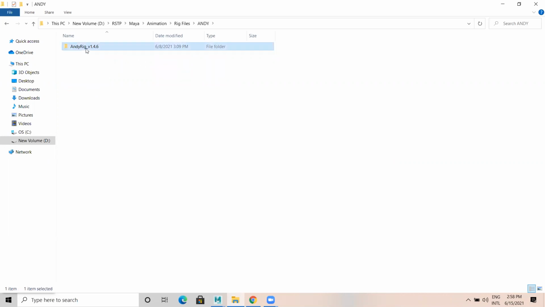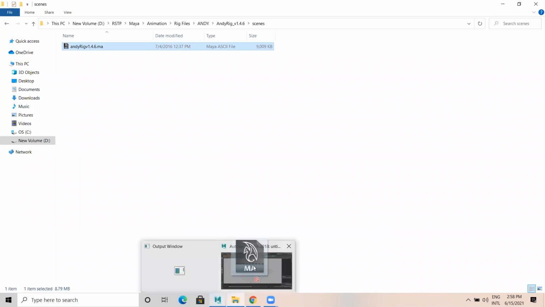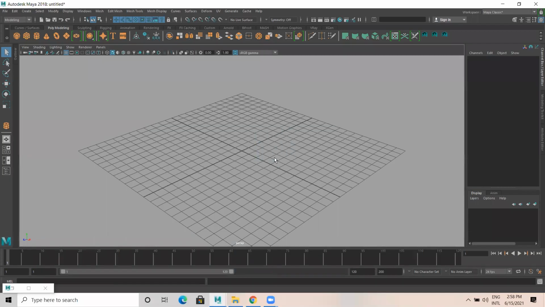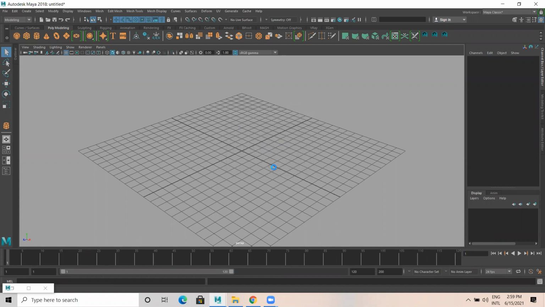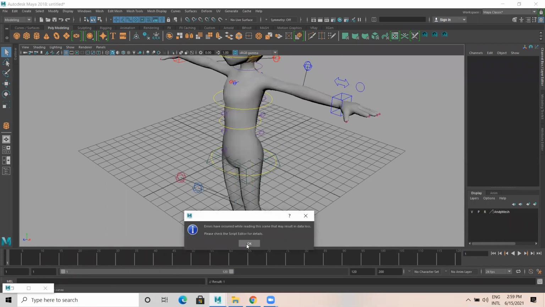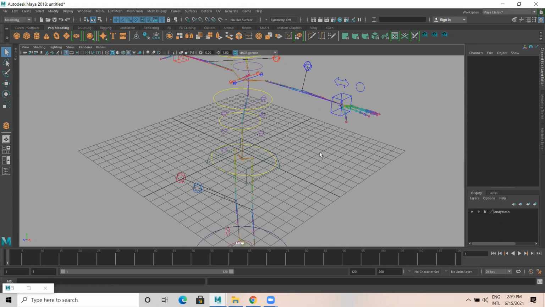Let me select Andy. Go to scenes. I think I have shared these characters with you all. Have you done any poses? We tried working on poses in the last class. Yes, create poses. I'm still doing the third pose.